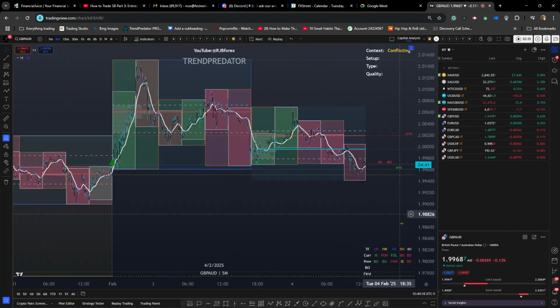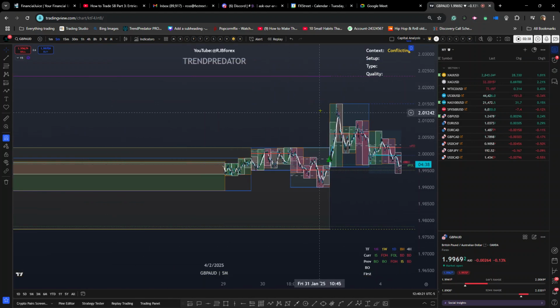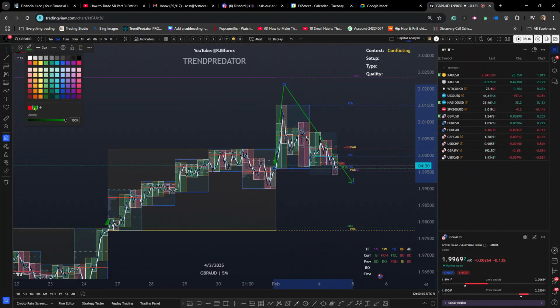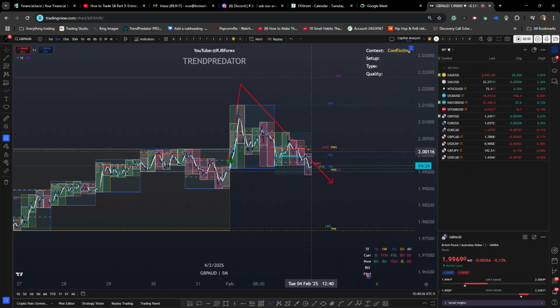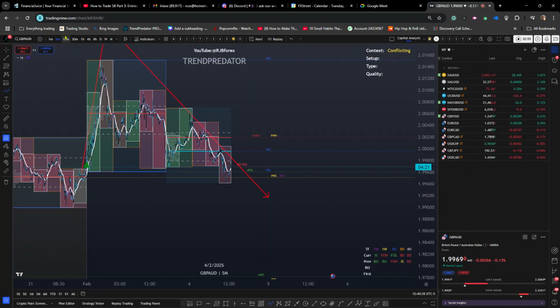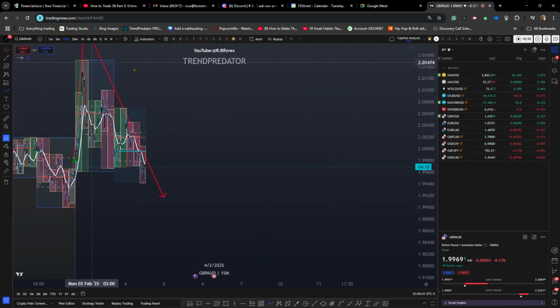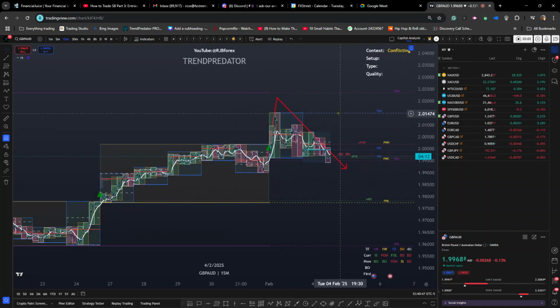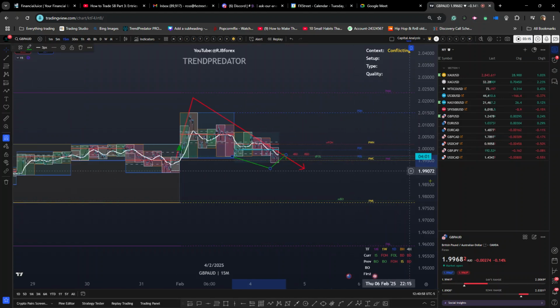However, it's conflicting because of the weekly fake out high. What does that mean? So on Monday, we broke out of Friday's highs and we pulled back inside of the range. That's a fake out high on the week, on the weekly level. That's bearish. Therefore, this is conflicting because we have a market that is bearish on the weekly chart, i.e. we've broken last week's highs, but bullish on the daily, i.e. we've broken back above the daily low, and therefore we've got sellers and buyers meeting in what is known as